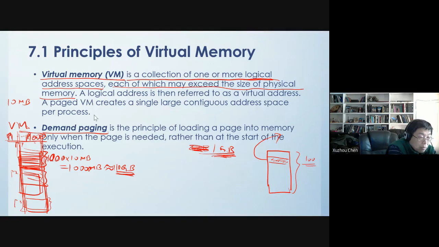Right now, I have 1,000 programs and each takes 10 megabytes. So I can only execute 100 programs at the same time with the physical memory of 1 gigabyte. That's just simple math. The real scenario is more complicated than this, but this is based on the assumption that